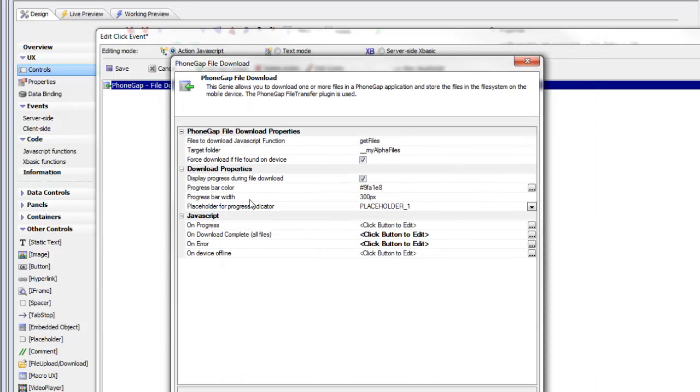So the first thing you can see here is that we need to specify a JavaScript function that contains the names of the remote files that we'd like to download. So actually what we mean here when we say the names of the remote files, we really mean the URLs of the remote files that we'd like to download, and we need to call a JavaScript function that will return that data. So you can see we've specified a JavaScript function called getFiles, and we'll go take a look at getFiles next. Then we've specified the folder on the device where we'd like those files to be stored, and you can see here we've specified underbar my alpha files, and then we basically said force download if file is